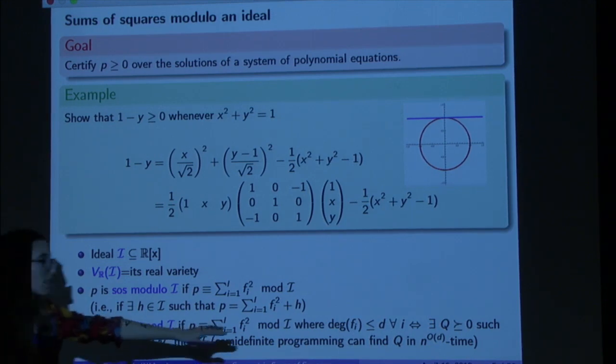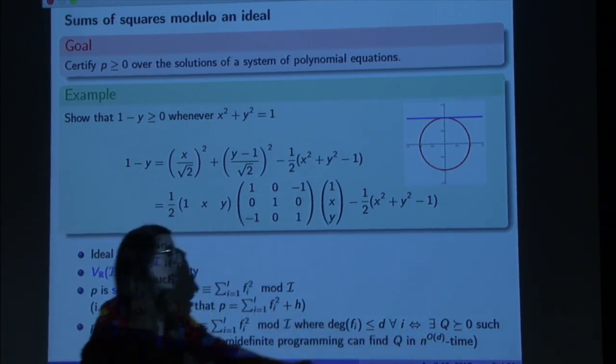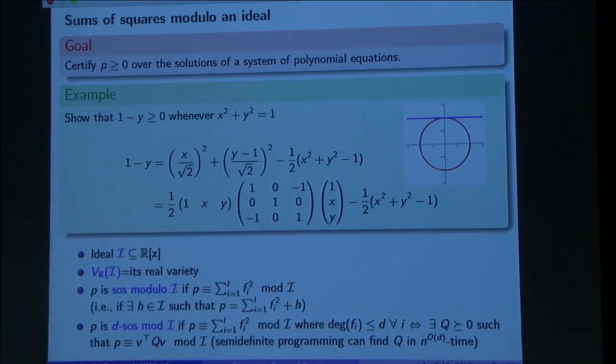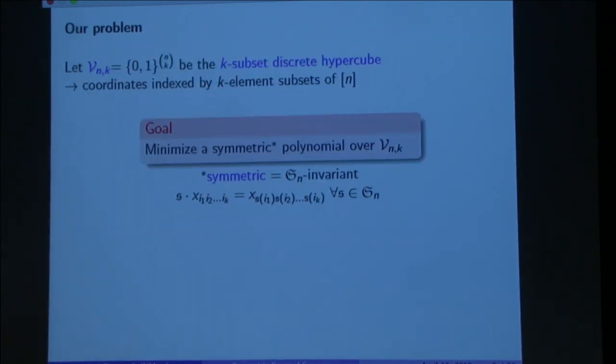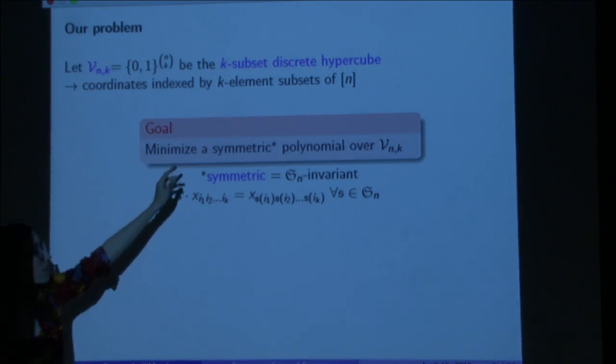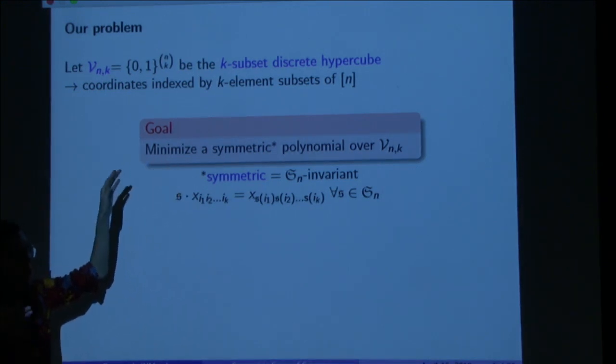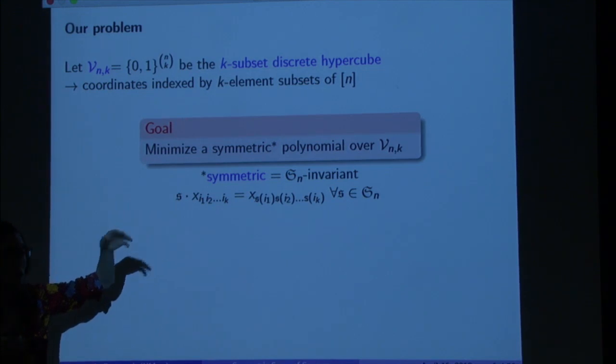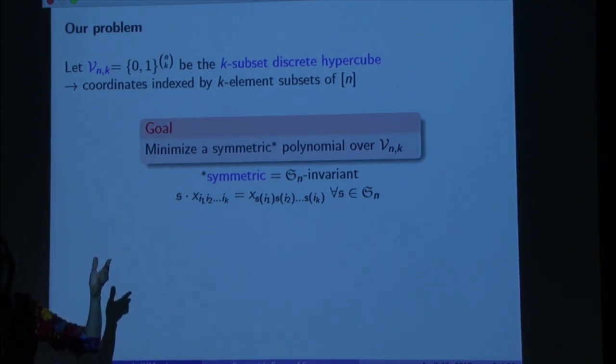How can we make this runtime only depend on D whenever you have symmetry and you're over the hypercube? Okay, so this is our setting. We have the K-subset discrete hypercube. By that I mean the hypercube whose coordinates are indexed by K-element subsets of a ground set of elements 1 through n. So for example, you could have a graph on n vertices,